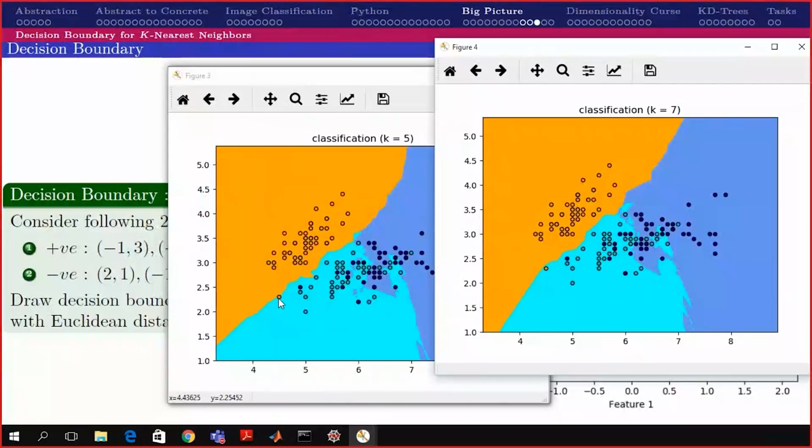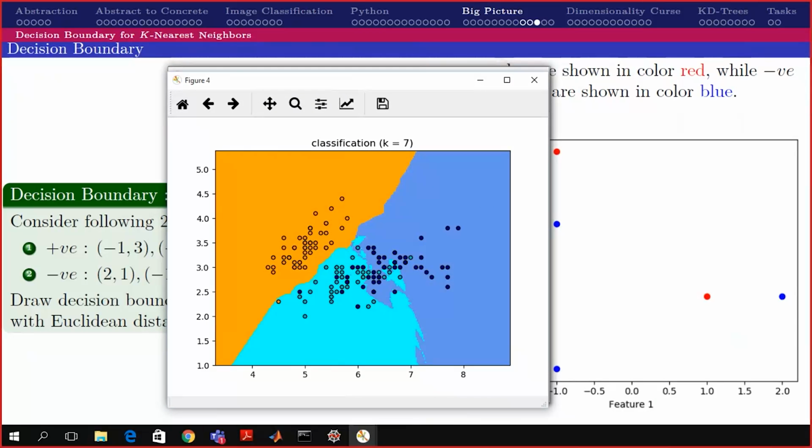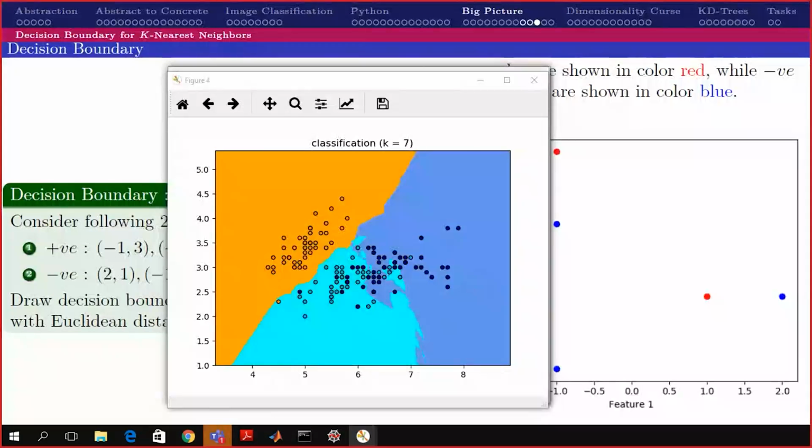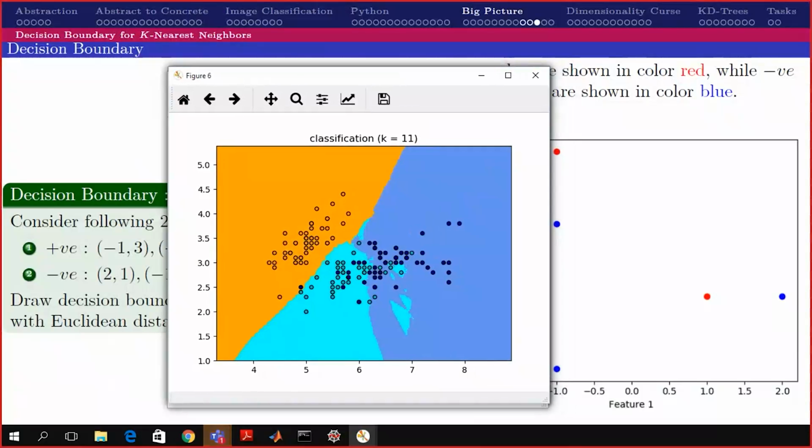k equal to 5 and then k equal to 7, k equal to 5 तक ये पॉइंट शायद क्लासिफाई करेक्टली हो रहा था. k equal to 7 पे दिस पॉइंट स्टार्ट गेटिंग मिसक्लासिफाइड, क्योंकि इस रीजन में 7 नेबरहुड में ज़्यादातर लाइट ब्लू कलर के डेटा पॉइंट हैं. उसके बाद k equal to 11, 9 भी है बीच में, बट दिस इज k equal to 11. अब आप देखें once we start having k equal to 11, this all of this region is becoming dark blue, क्योंकि इस रीजन के जिस जिस जगह पॉइंट पे भी आप जाएंगे 11 नेबरहुड में आपको डार्क ब्लू वाले 11 पॉइंट्स मिलेंगे. तो दिस लाइट ब्लू कलर इज गेटिंग श्रिंक and now k equal to 15,